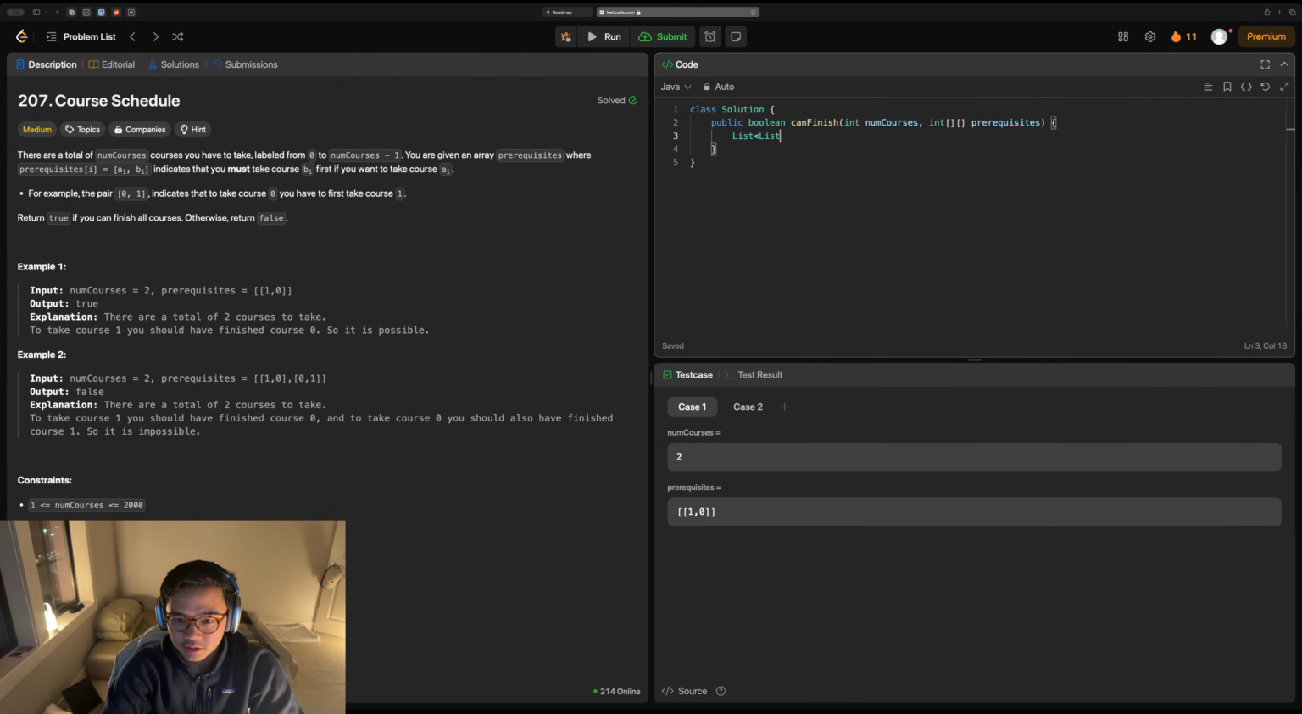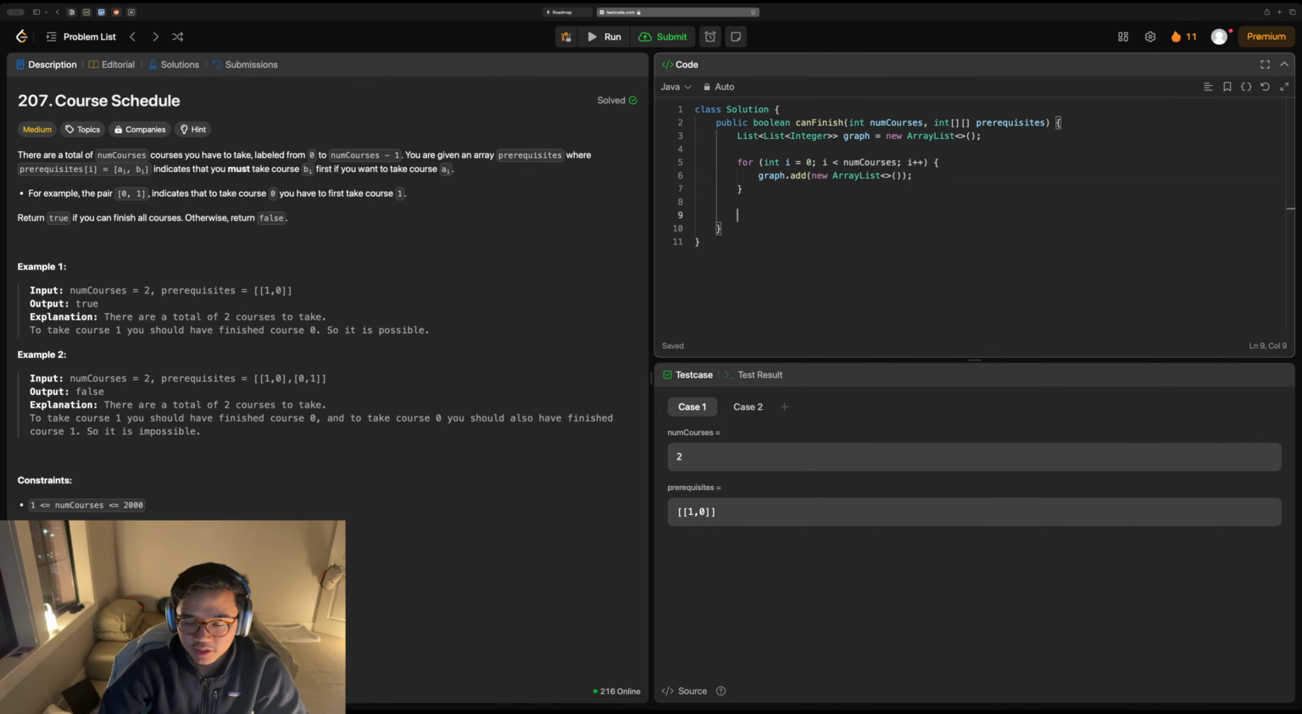So I'm going to make the adjacency list equals new ArrayList. I have to add new array lists. So I need to make enough adjacency lists for all the number of courses. And then I need to iterate through the prerequisites to be able to add them to the adjacency lists. So for int[] prerequisite mapping in prerequisites,